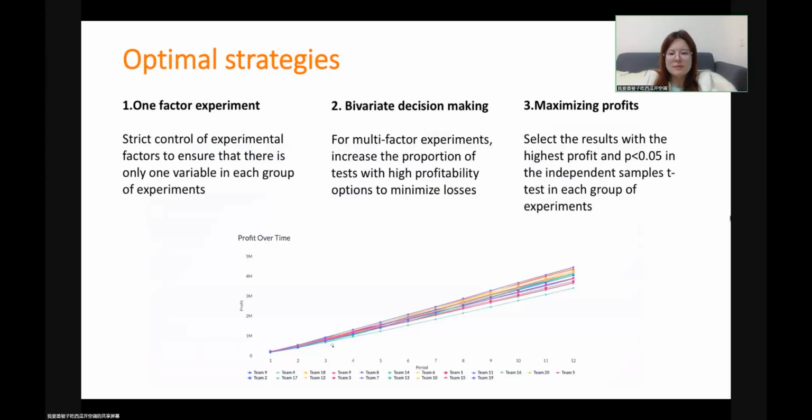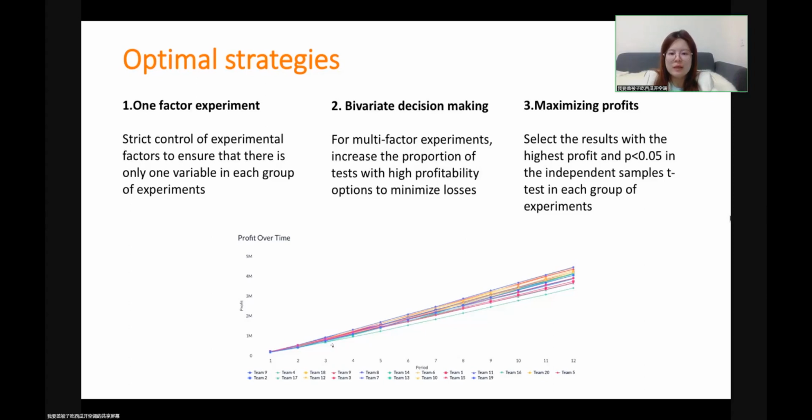So what are the optimal strategies that we used? There are three optimal strategies used by our group in this simulation. The first point is one-factor experiment. This means that we need to ensure that there is one and only one variable per experiment, and that we have a control group for the experiment, so that we can know exactly what the effect of the experiment variable is. Second point is